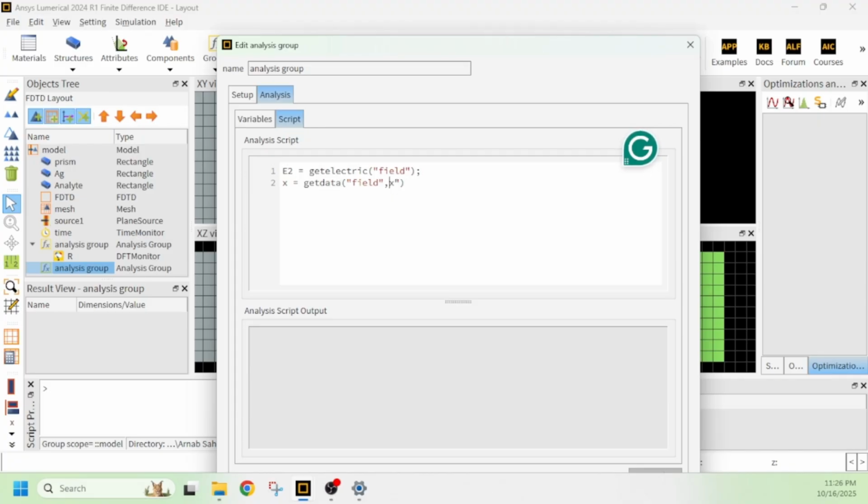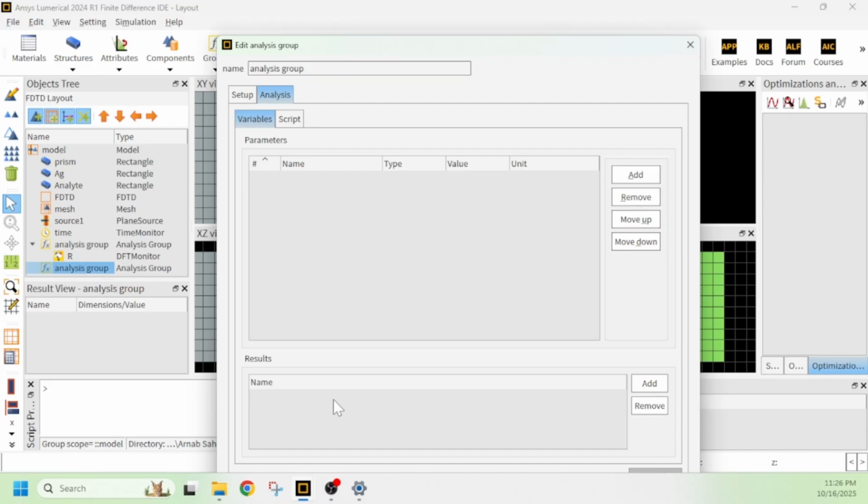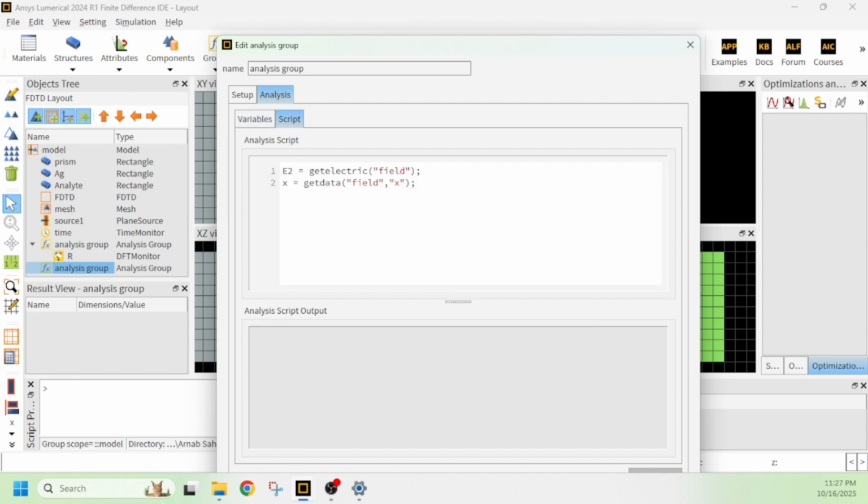Okay, now I just need to add variables, the results will be new results, that from here just say x and e2, so I need to set e2,